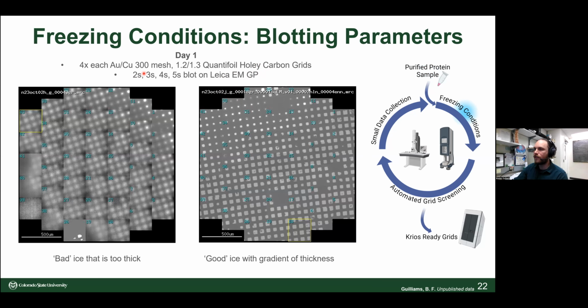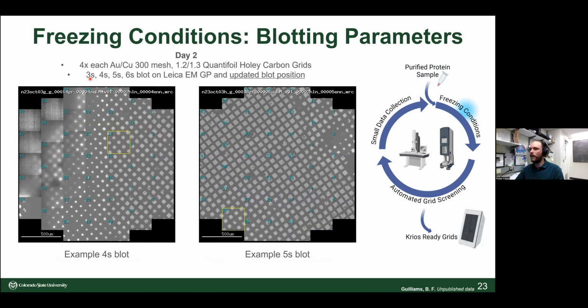So on day 1, the lower times here gave us thicker ice. You can see, you can't really see much of the grid squares. On some of these longer blot times, we had this kind of gradient of ice with some regions where the ice was relatively thin. On our second day, the times changed to shift slightly longer, and we also updated the blot position on the Leica EMGP. So the Vitrobot, as I understand, has a blot force as a way of measuring how hard you're wicking, right? But the Leica